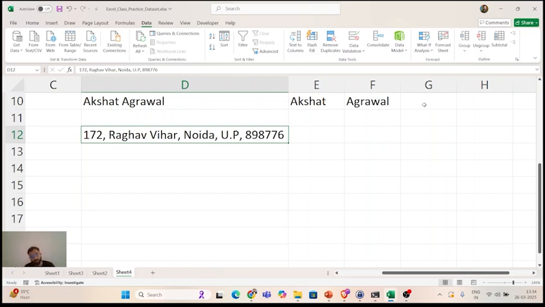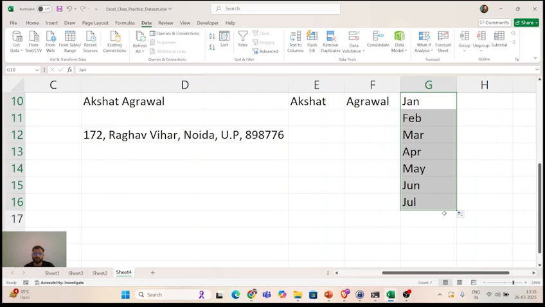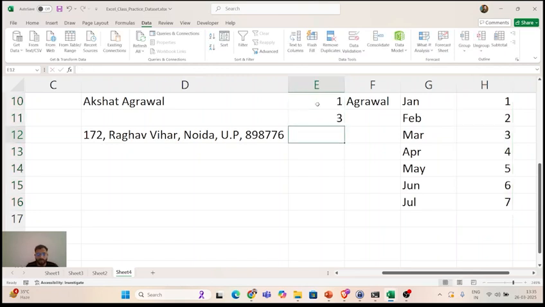Correct. Then flash fill. That's very useful. Let's say I have written January, February. So there is a pattern. These are month names. Select this and come to the bottom right of the second cell, drag it like this. See, January, February, March, April, it is auto filling. So that is nothing but flash fill. Like if I write 1, 2, 3, select all of them, drag it, 4, 5, 6, 7, and so on. If I write 1, 3, 5, let's say, these are all the odd numbers. Select them and drag it. So all the other odd numbers, 5, 7, 9, 11, 13. So this is nothing but flash fill, correct?